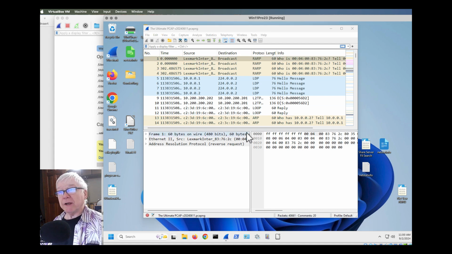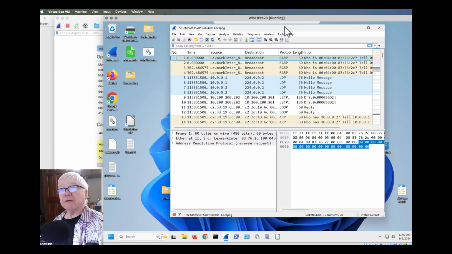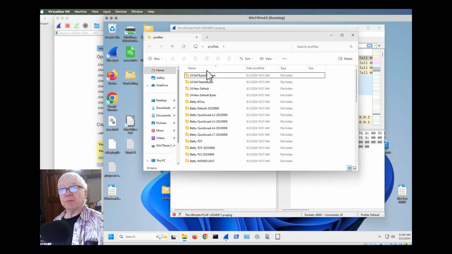The way of displaying this information here, different columns that represent different fields, different fonts, different information displayed for you by default. So in all of my classes, I'm going to be giving out a number of profiles that are already defined. And here's a folder with a full set of profiles in here. And I've modified some of these and given them the 24 number.